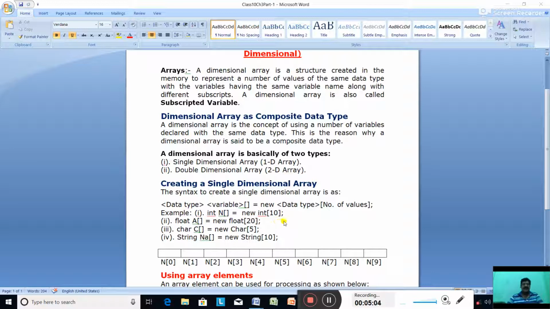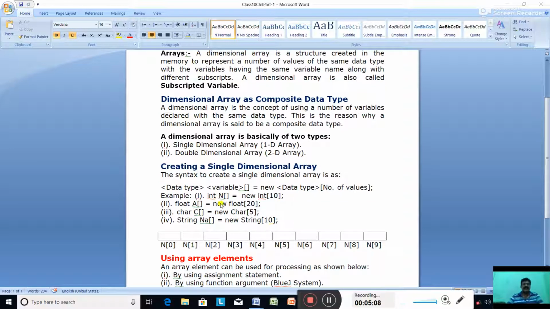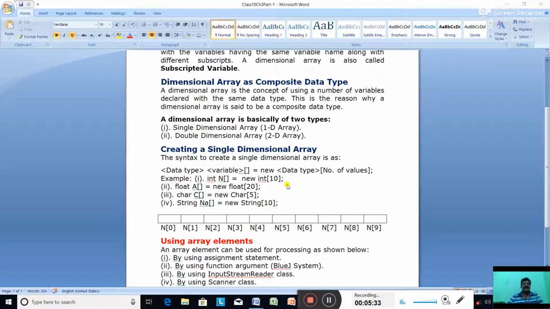This line will be executed, so it will occupy a space with the variable name n, and that space will be divided into 10 parts. 10 parts means the size of the array is 10. The new will allocate the memory, int 10. Its subscripts begin with 0; its counting, its indexing is from 0.